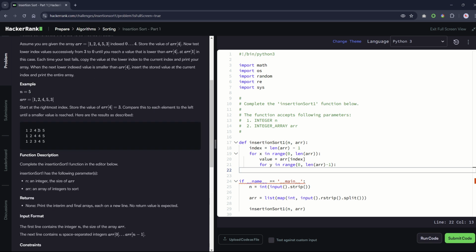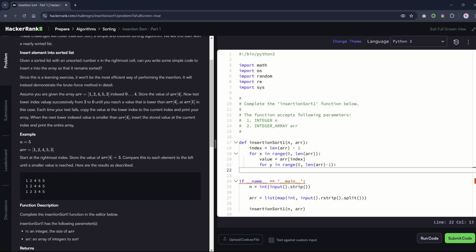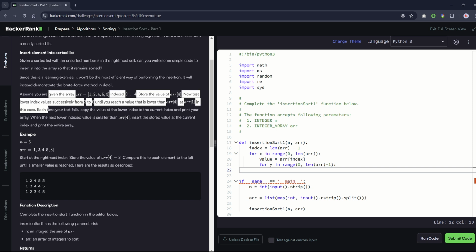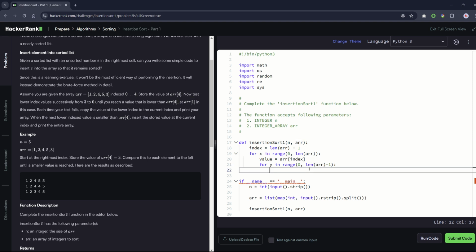What? len r minus y, if r, okay, until you reach a value that is lower. So